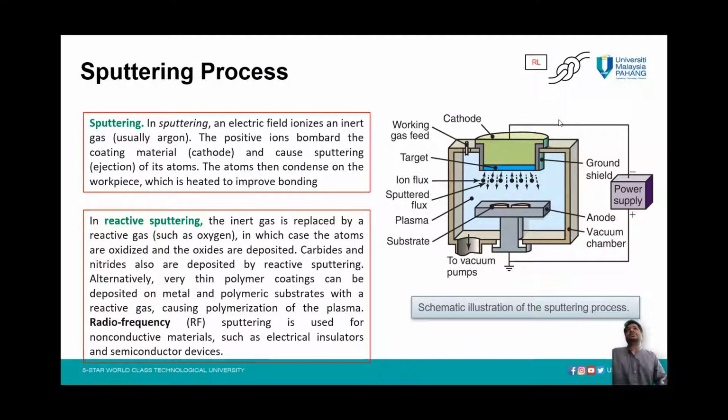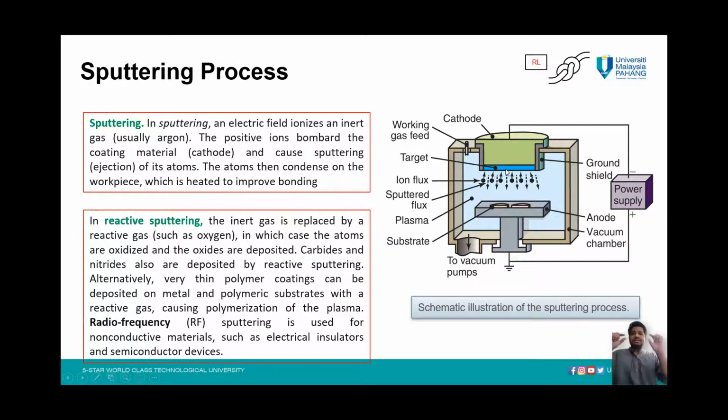In sputtering, you have the same electrical field, and that electrical field ionizes the inert gas which is present. First we vacuum the whole chamber. After vacuuming, we put argon gas inside. Then the electric field in the sputtering chamber ionizes the material. Now we have our substrate here, and this is the anode, and in the vacuum chamber we have a cathode, and to that cathode the target material is attached.